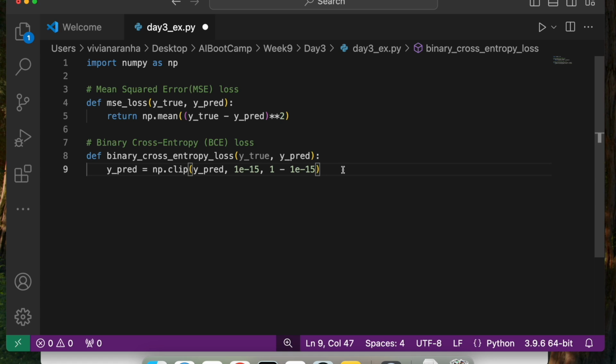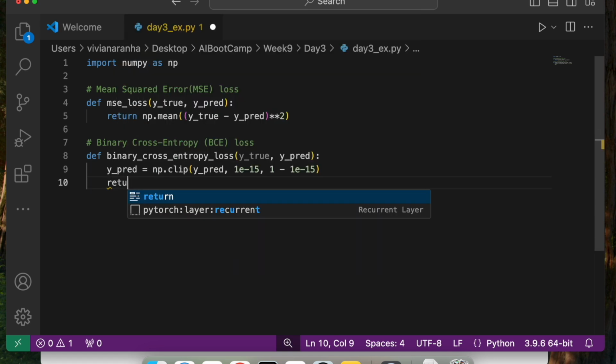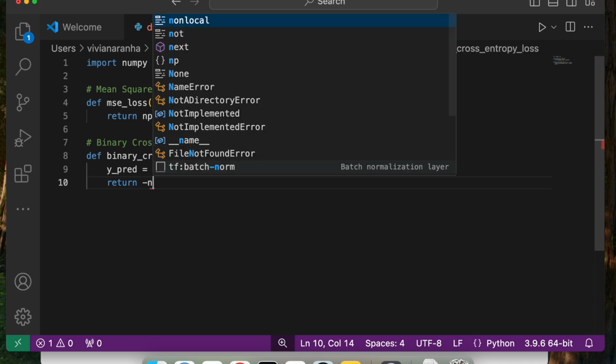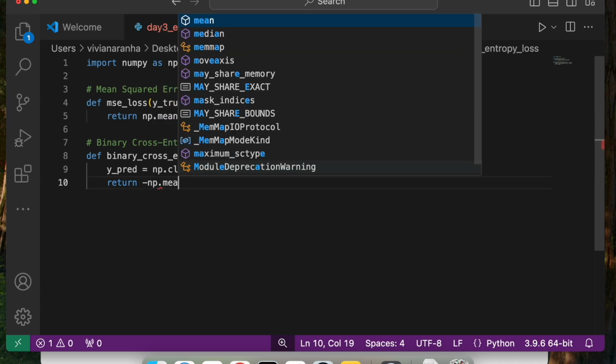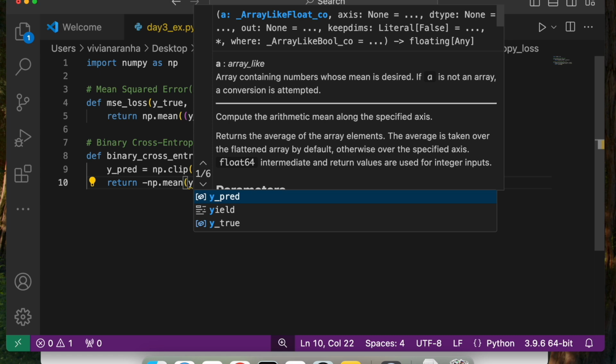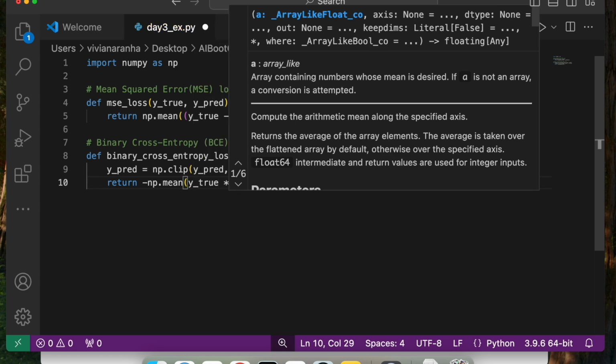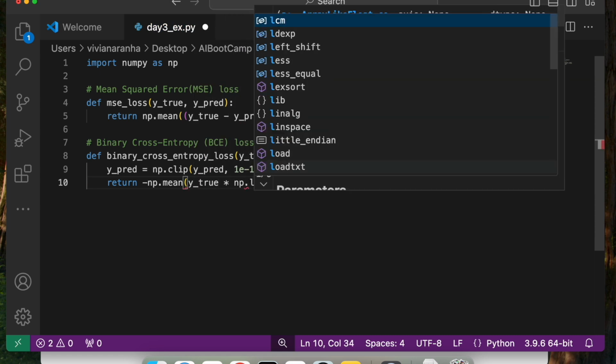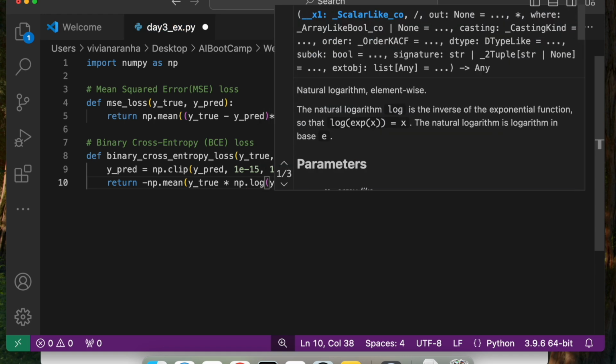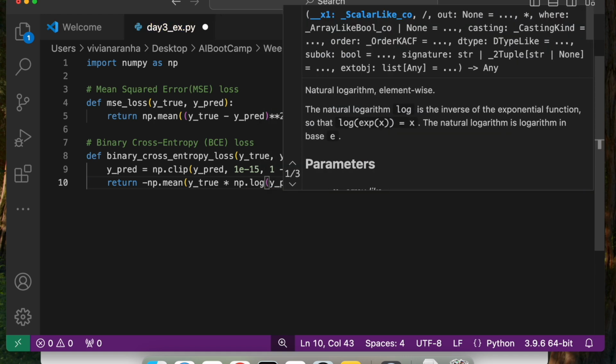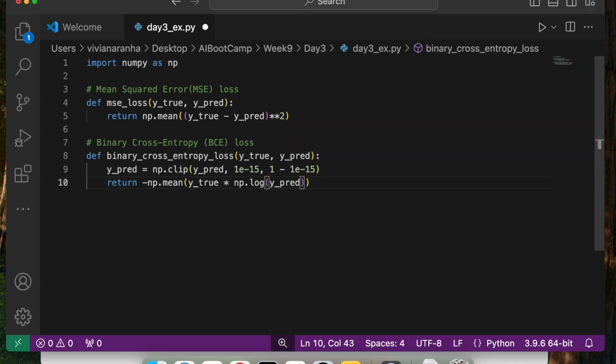So this is how you define y_pred where you prevent log of 0. Next, I'm going to return minus np.mean of y_true times np.log of y_pred. So now you see why we prevented log of 0 in the previous step.